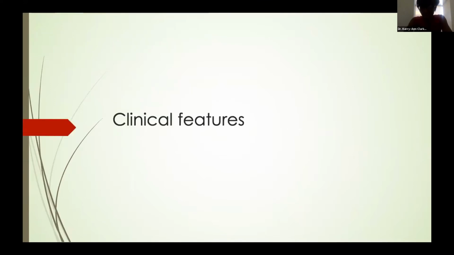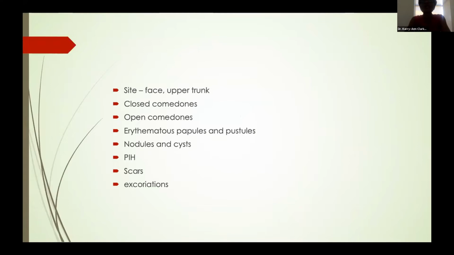So let's go on to our clinical features. Remember, when patients come into the office with acne, we're looking at the areas that are riddled with sebaceous glands. So we're looking at the face as well as the upper trunk. This is important because most of our patients will come in and tell you about the acne on the face, but unless you get them undressed, you won't appreciate the lesions that are on the upper trunk as well. You're looking for what we call our pathognomonic lesions, such as closed comedones, also known as whiteheads. You're looking for your open comedones. If you see this, you know that you're dealing with acne lesions on the face.